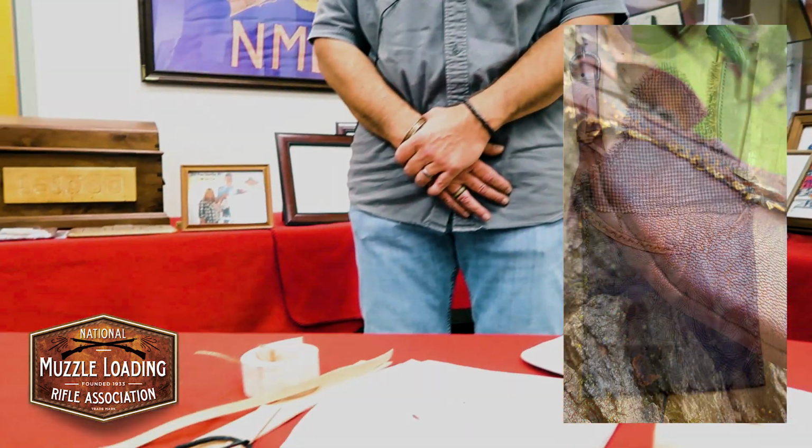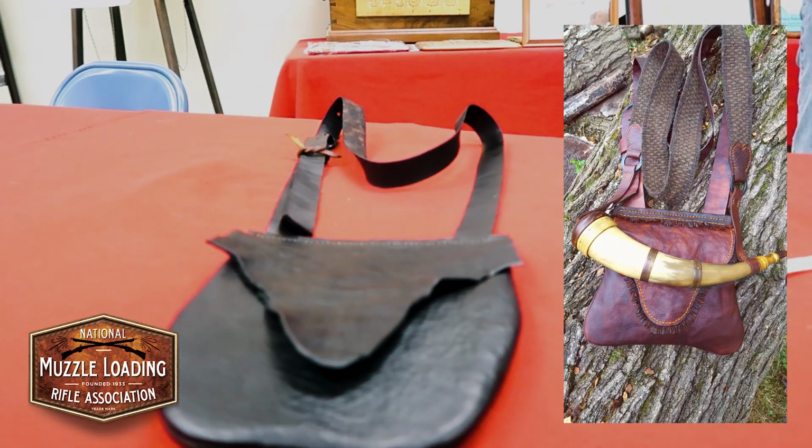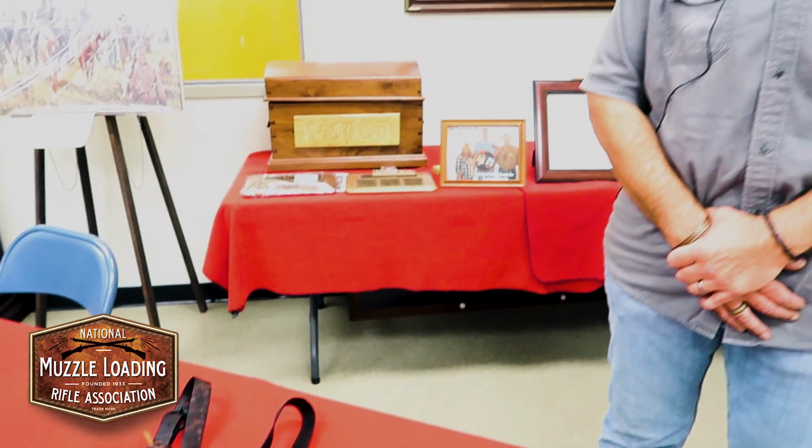Started buying and building muzzle loaders and started trying to figure out how I could take that leather and make that fit. So basically I started doing bags, knife sheaths, flint wallets and so forth. Did some of that, really enjoyed it, started researching some of the history on it. And now about 3-4 years later, here we are,